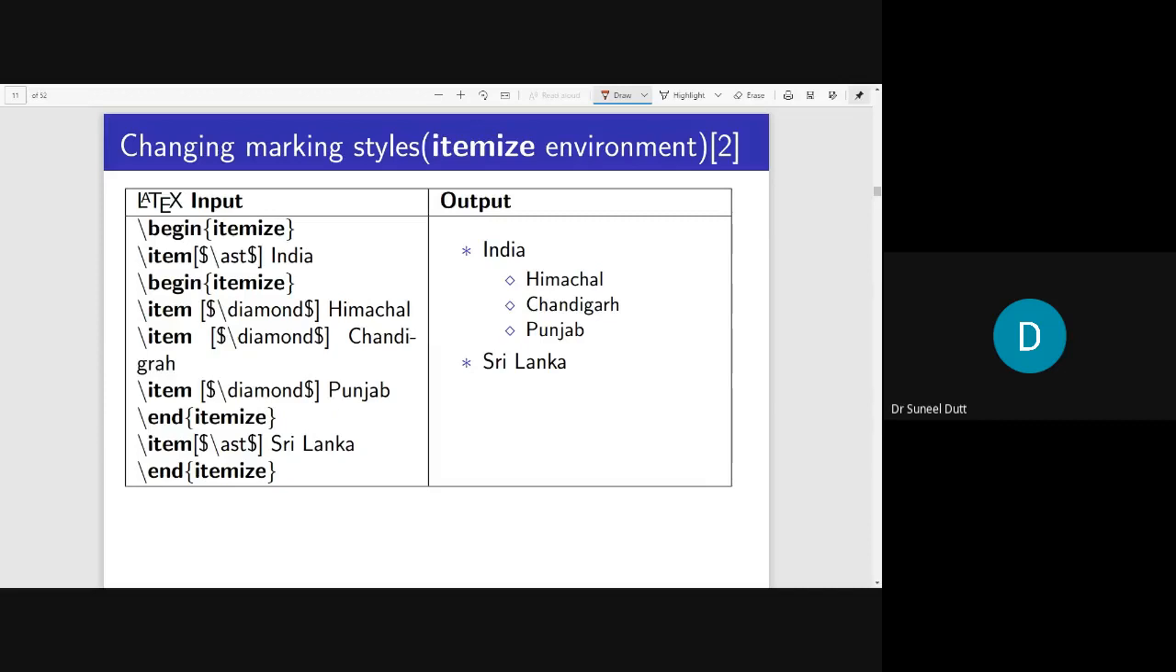So what it is doing here: this is the start of an itemize environment. Then we have another itemize, then the first one is ending here and the last one is ending here. So it is a nested environment again, but having only 2 levels. Okay, so